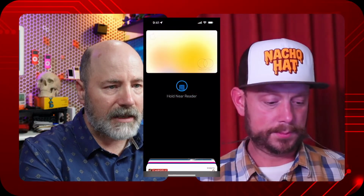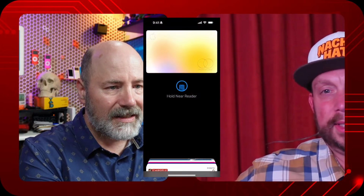So like the actual Apple credit card? The actual platinum or whatever, titanium. I don't know if I've tried this one here. Oh, that one? Maybe when you're using this. Oh, well, it says hold near reader there. I would wonder, hey, Grandma, if things are not set up properly. Yeah, or it might be your card. One of my credit cards, the tap just doesn't work. The card's fine, but I always forget and try to tap at places, and I'm like, am I doing it